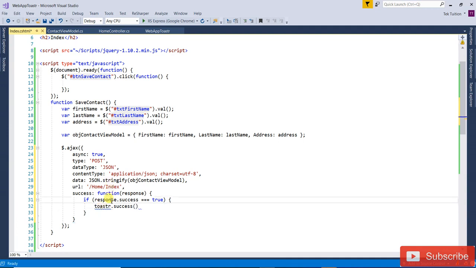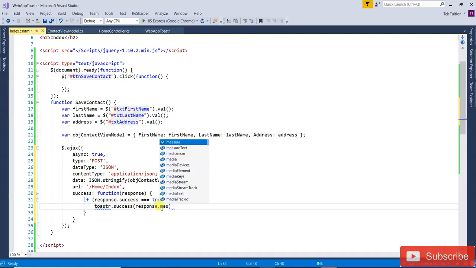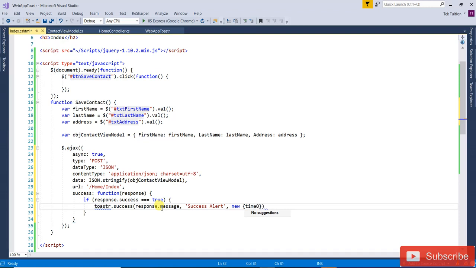So what will be that? The response message will come from here, dot message. Then the next one will be the success alert, and then the next one will be the timeout, so this one I'm going to make it 3000. Okay, that is done. Else